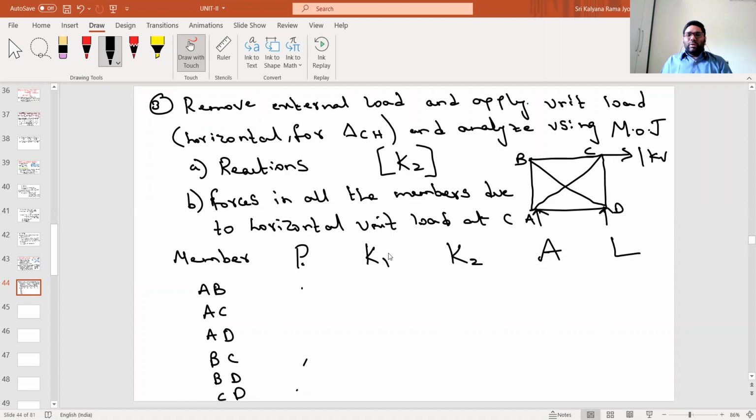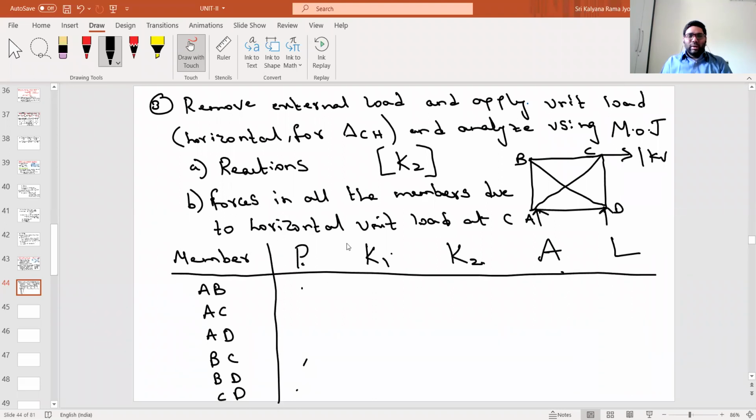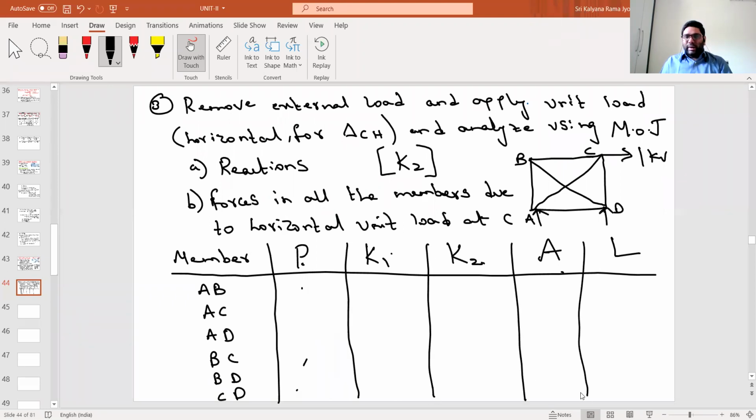This is due to external load. This is for vertical deflection. This is for horizontal deflection. And the areas of the cross-sectional members will be provided to us. So finally, what do we need to do? We need to summate all the values. So see here, we will write the tabular form neatly like we used to do earlier. And that is why sigma is used. Sigma is used because we are trying to summate it for all the parameters.